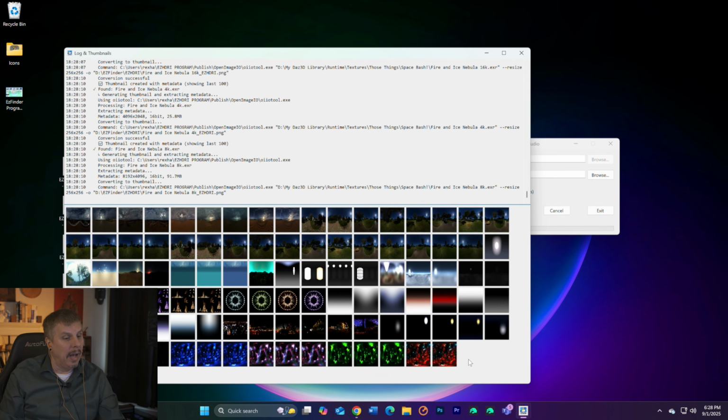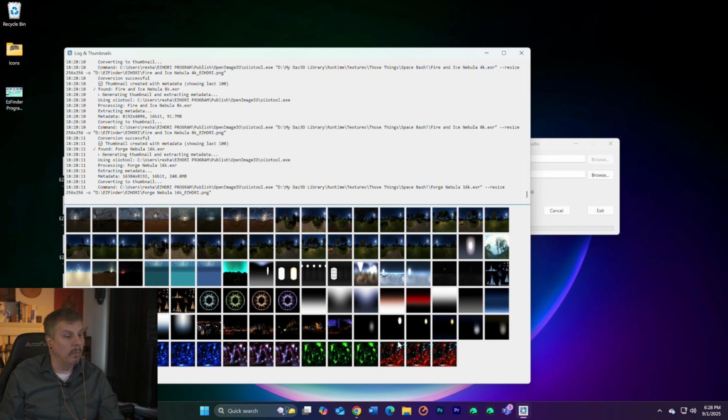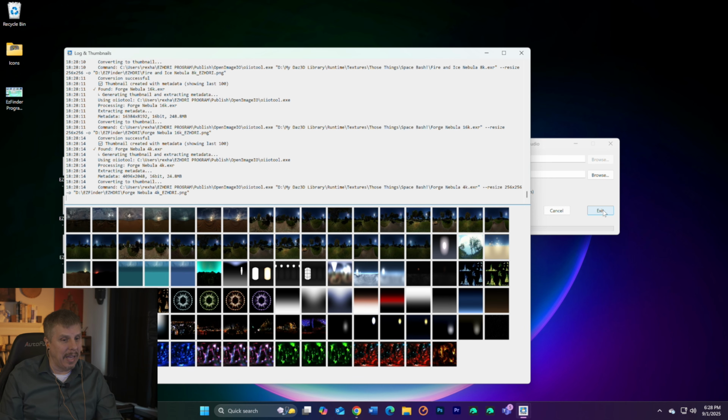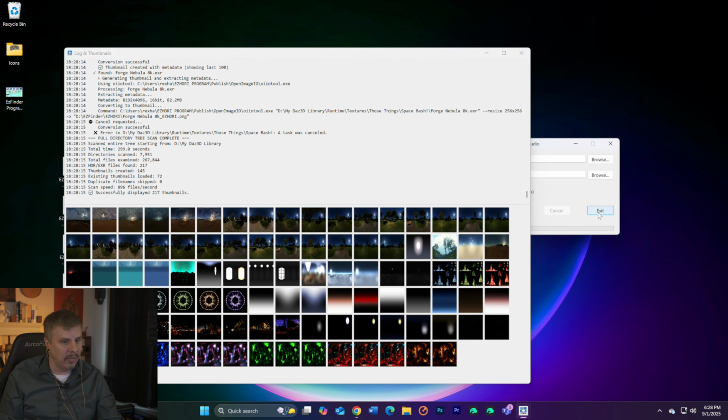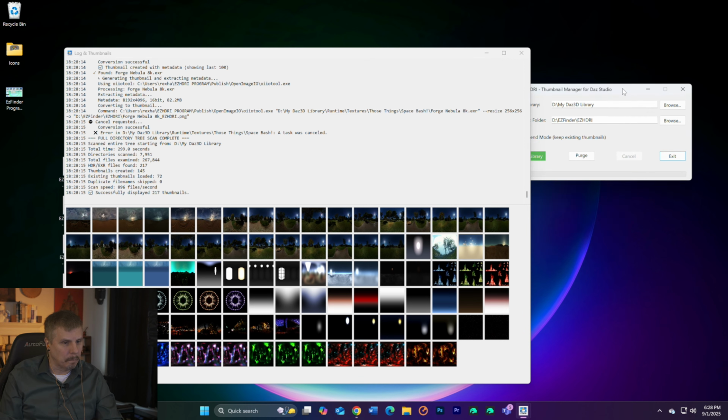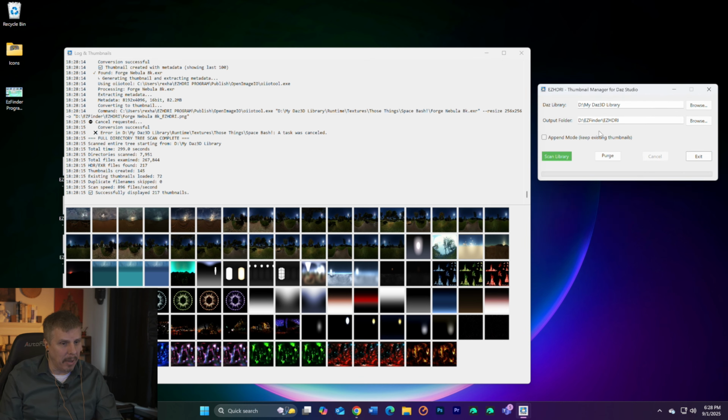But when it's done, now we're going to cancel this, okay, cancel. We're going to exit out. Every time, now again, you have the append button. So if I just close this out and open it again, it will delete all of them and start again. But if I click this append button, it will scan the whole Daz drive, but it will,